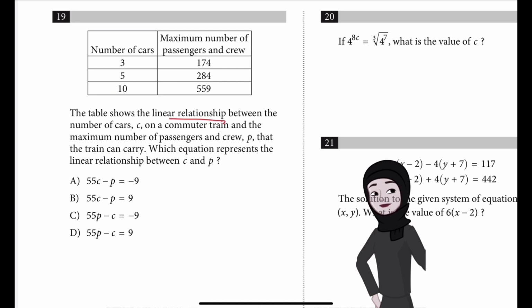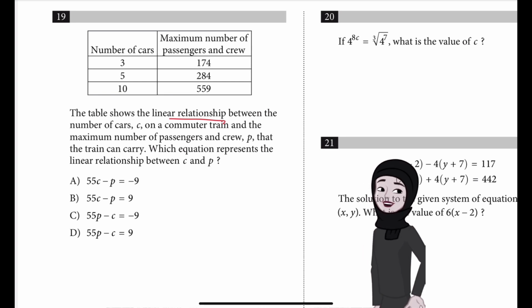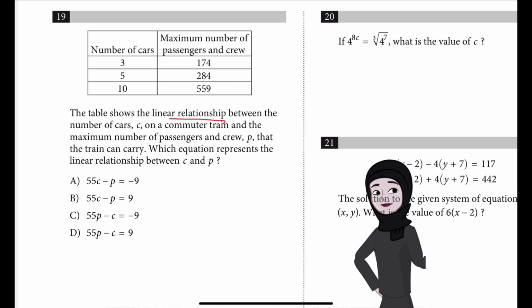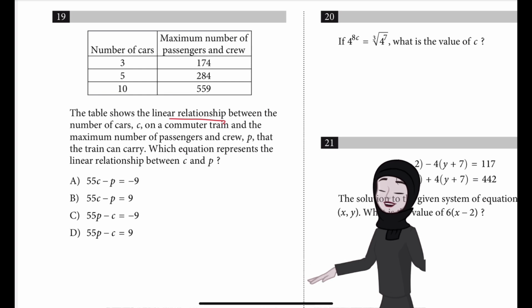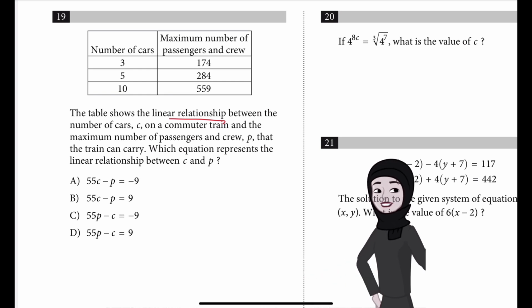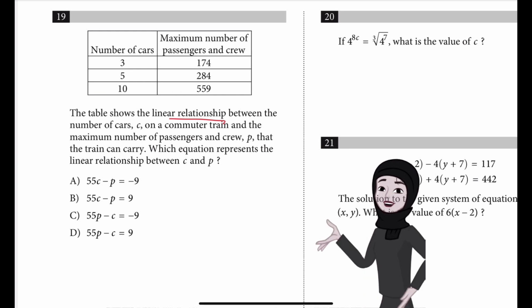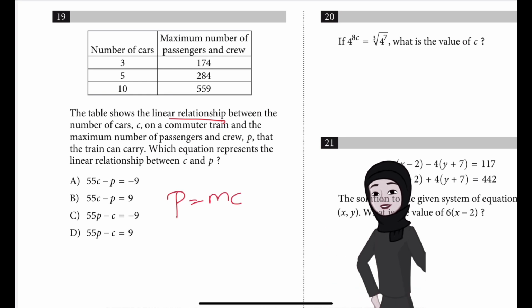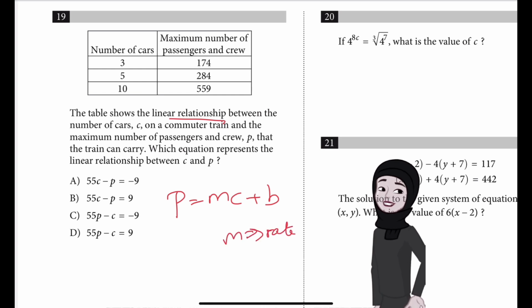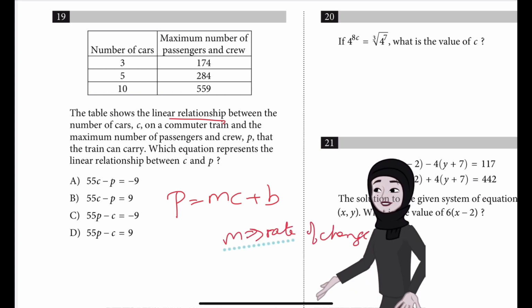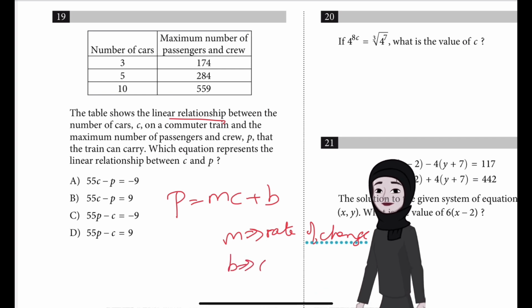So it's mentioned that it's a linear relationship between the number of cars C on a commuter train and the maximum number of passengers and crew P that the train can carry. So which equation represents the linear relationship between C and P? Now, since it's given that there is a linear relationship between the number of cars C on a commuter train and the maximum number of passengers and crew P that the train can carry, it follows that this relationship can be represented by an equation of the form P is equal to mc plus b, where m is the rate of change, or in other words slope, where m is the rate of change of P in this relationship and